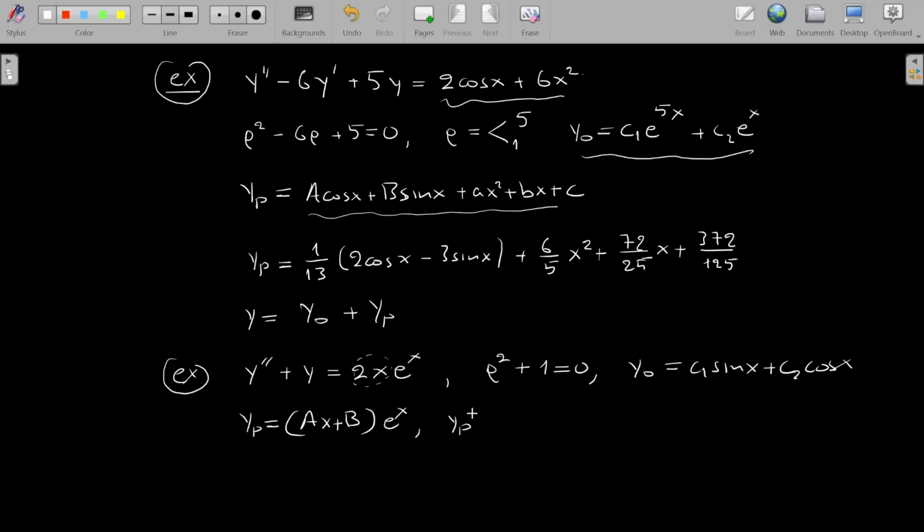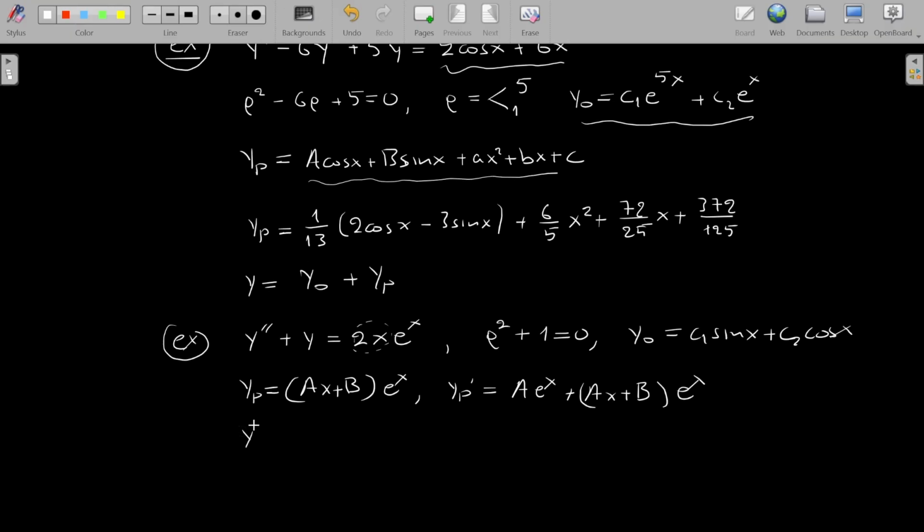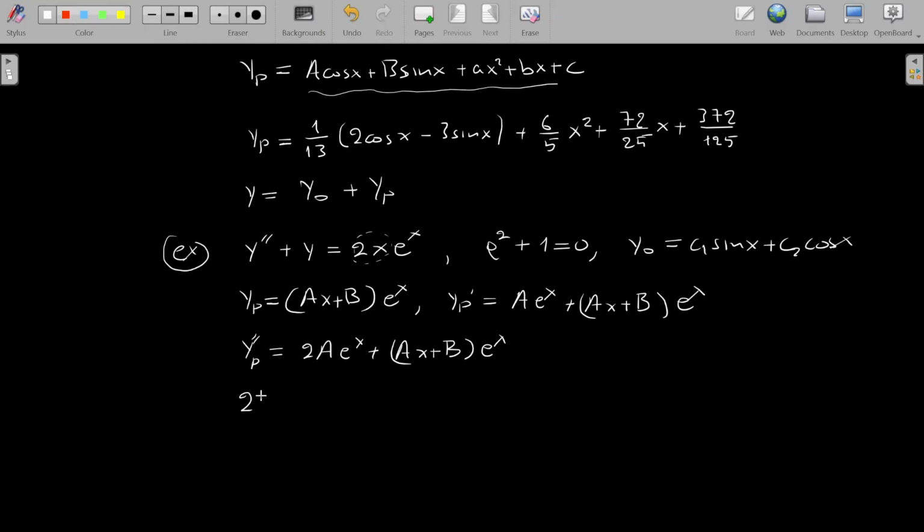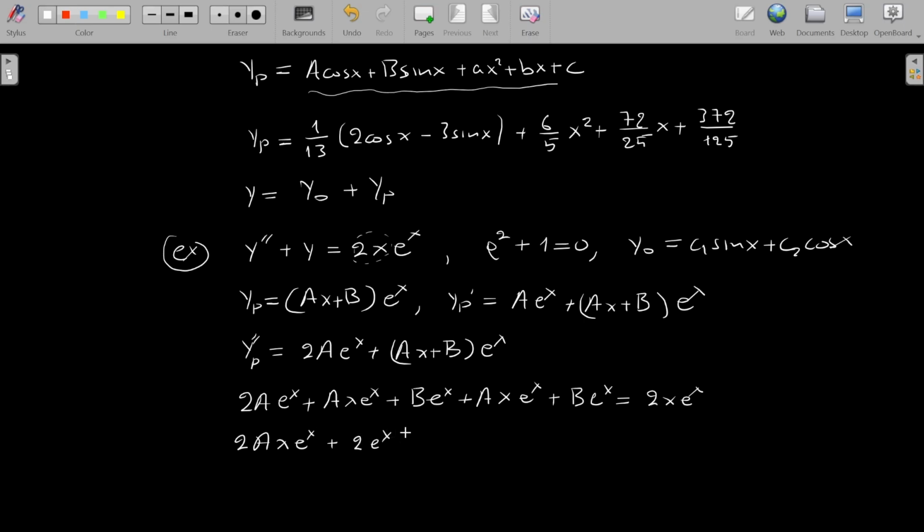Now, y' is going to be a e^x + (ax + b)e^x, and y'' is going to be 2a e^x + (ax + b)e^x, and plug everything in. 2a e^x + ax e^x + b e^x + ax e^x + b e^x is 2x e^x, and finally 2ax e^x + 2e^x(a + b) is equal to 2x e^x,